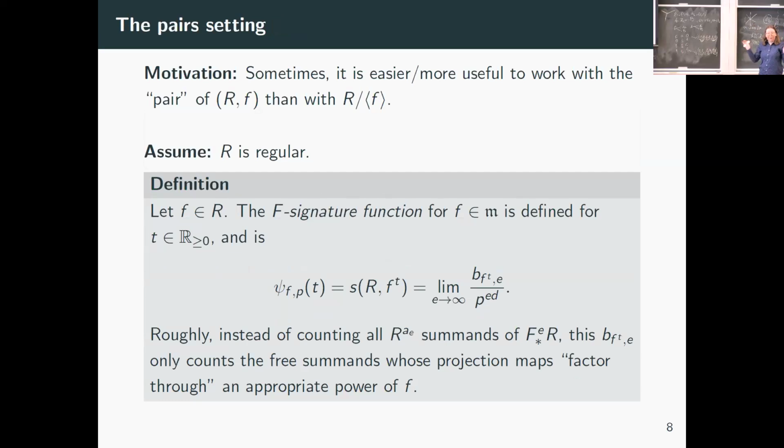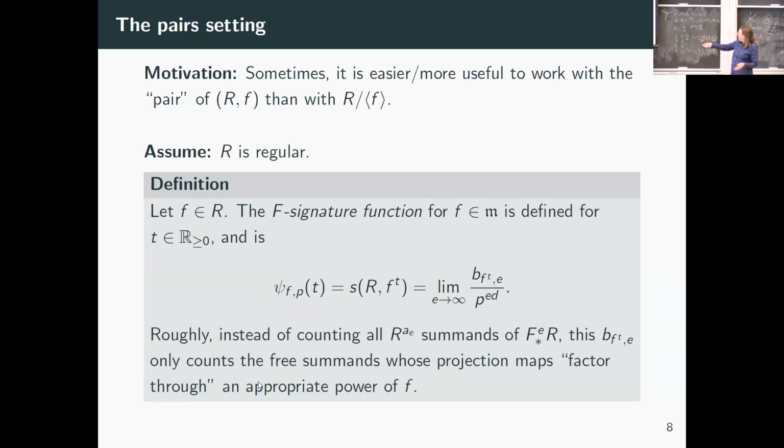So if you are already a positive characteristic person, one example might be you're thinking about Fedder's criterion, somehow it's maybe easier to think about this lift in the polynomial ring and compute stuff there rather than in the quotient ring. If you're not a positive characteristic person already, I'm sorry, that was a completely unhelpful statement. So the point, though, is that I'm somehow going to be thinking of this R and this F, and I'm